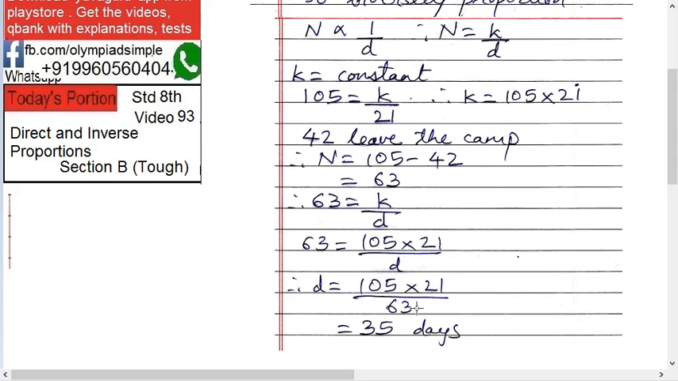Right? 21 1s are 21, 3 3s are 9. Then 3 1s are 3, 3 3s are 9, and 5 7s are 35 days. So the food will last for